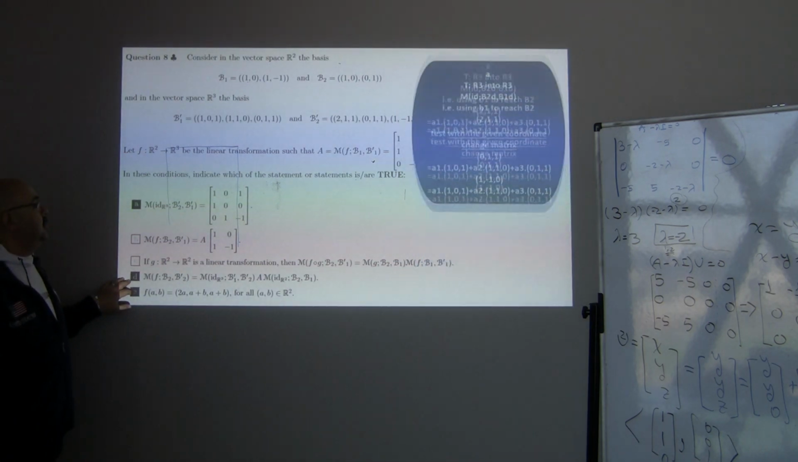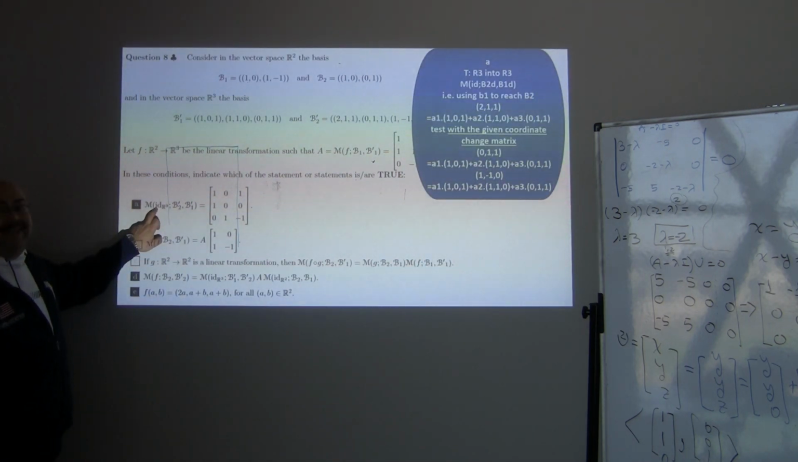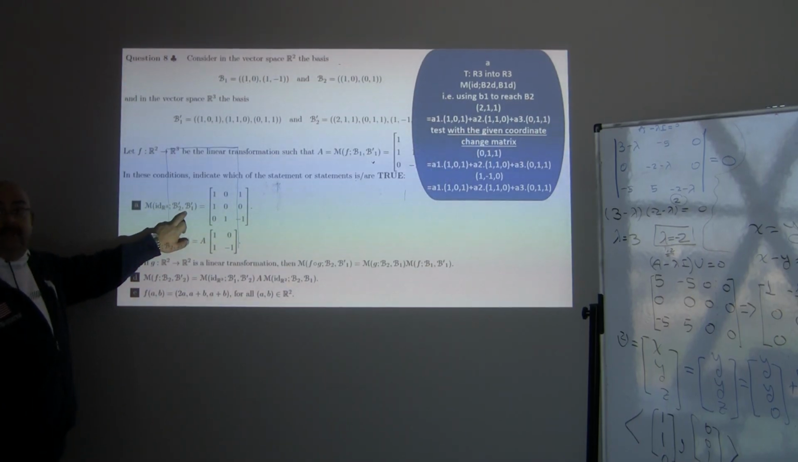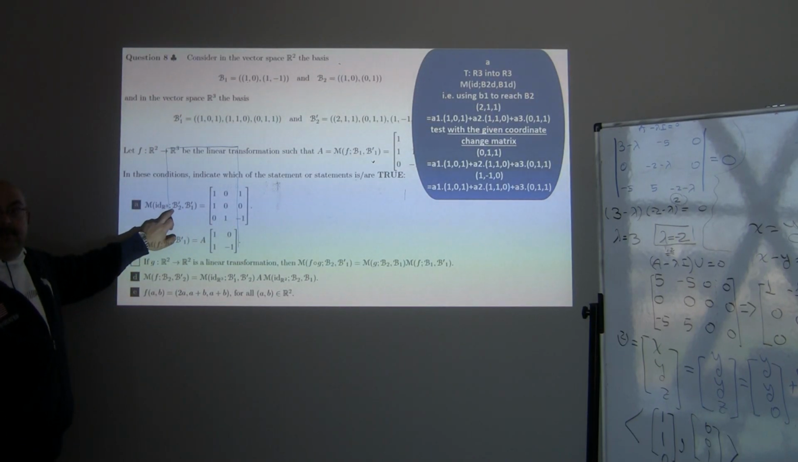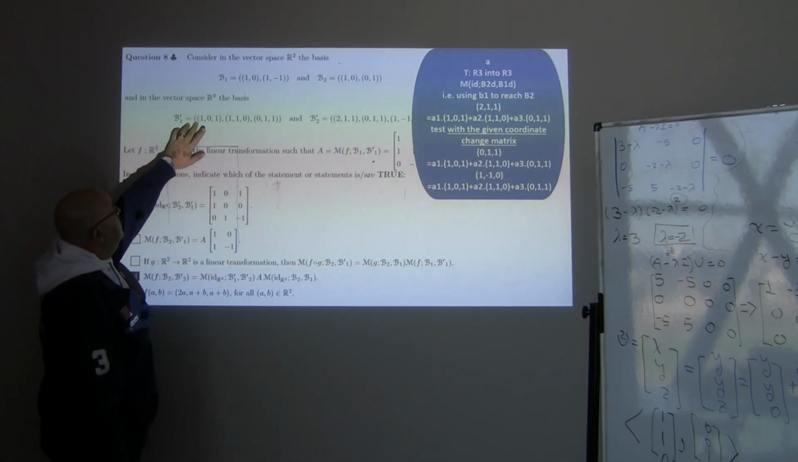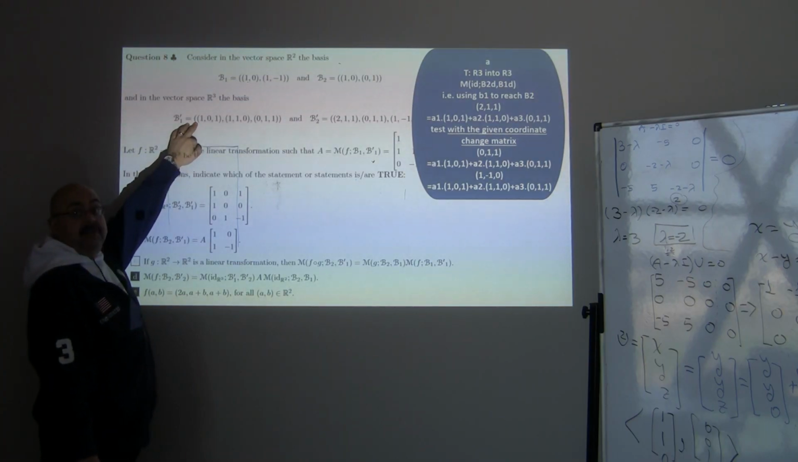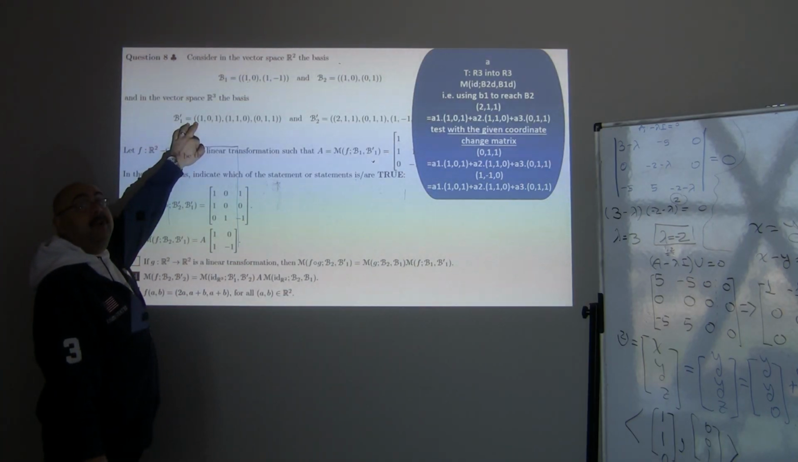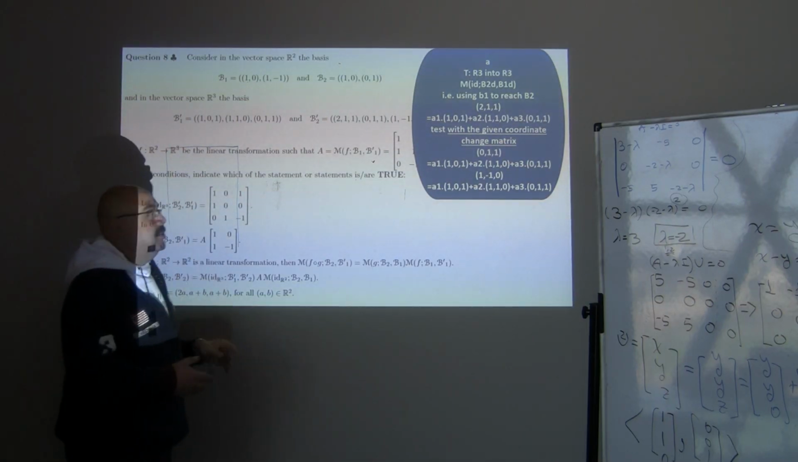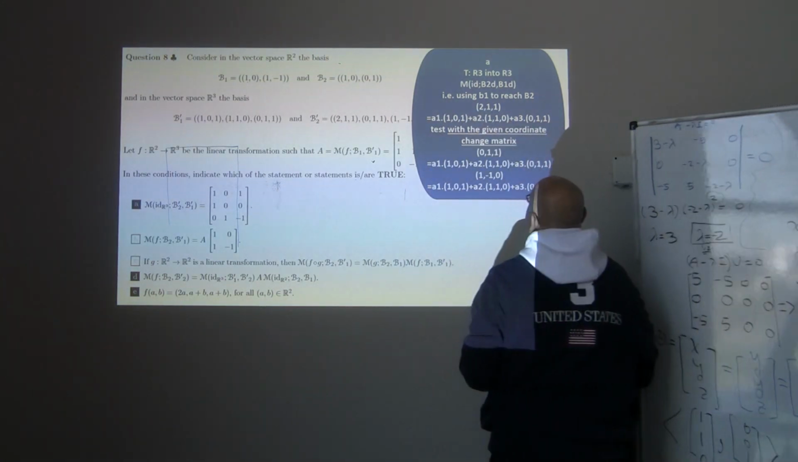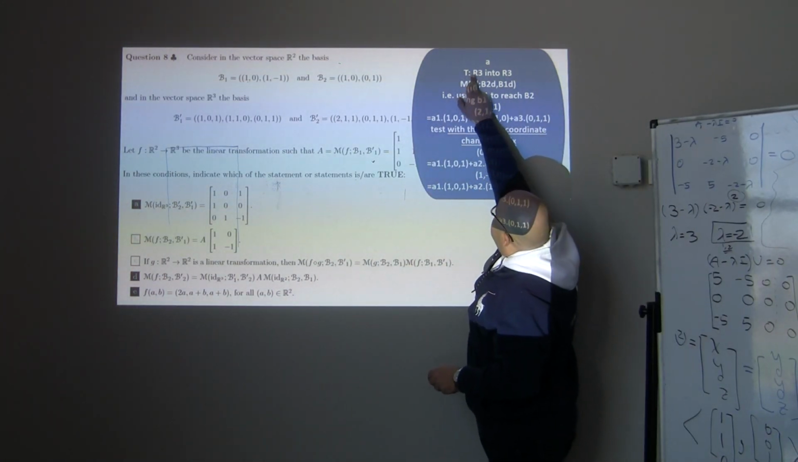Let's see the explanation. First, let's look at A, which moves from B2 dash into B1 dash. I told you we work the vice versa, from B1 dash into B2 dash. So now I will see how each vector in B1 dash is formed from B2 dash. And the coordinates are 1, 1, and 0. Let's check that. So I will go stating T from R3 into